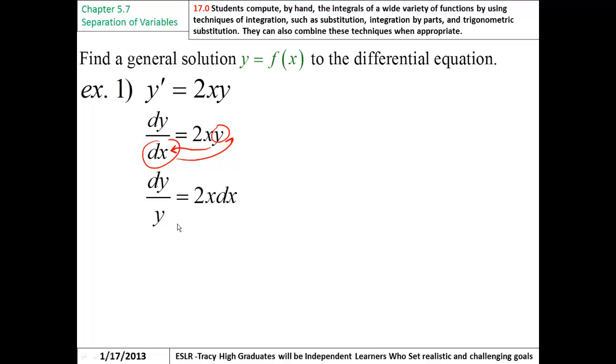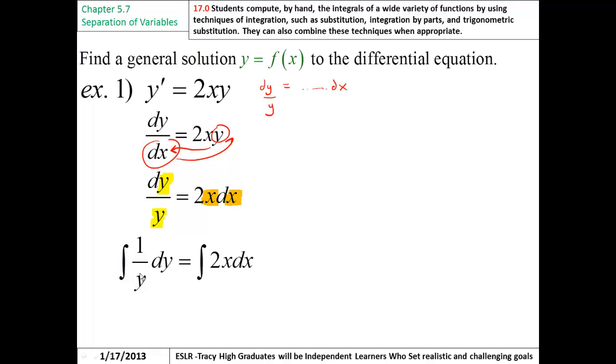Alright, so before we had always just ended up with dy equals something dx. But now we have dy over y, and so these differential equations are going to require a little more work to resolve into a function of x later on. But we can still integrate both sides. Oh, and he's just showing in that animated fashion that you still only have y's here and you only have x's there. Integrating both sides